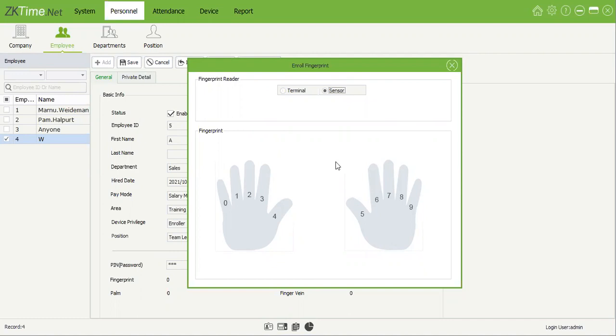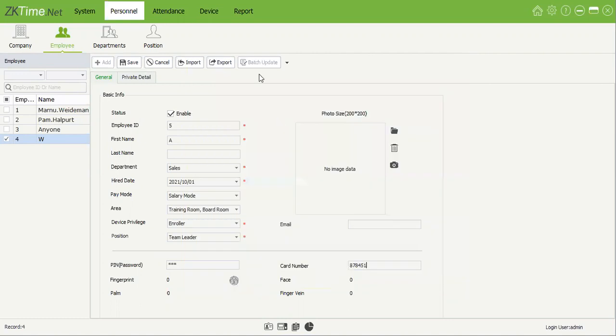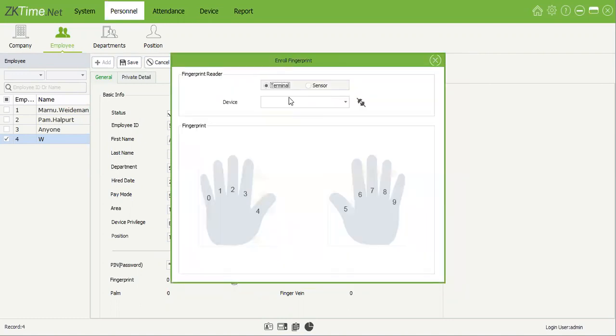Unfortunately, I do not have one plugged in at the moment, but in your case, if you had one, you can just select a fingerprint and then enroll it on your PC side. Okay, so once again, if you want to do the terminal on a device, for example, please make sure that that person is already at the device. If they're not there, when you click enroll,